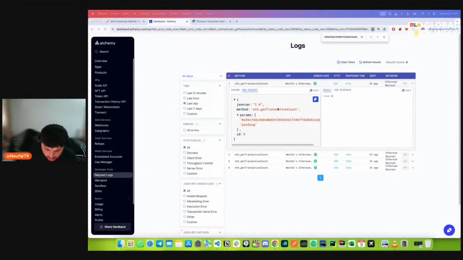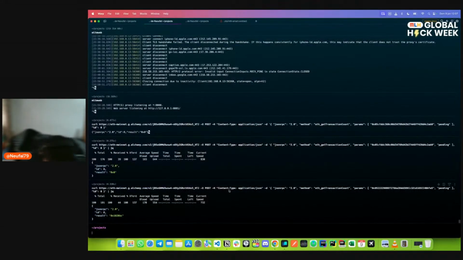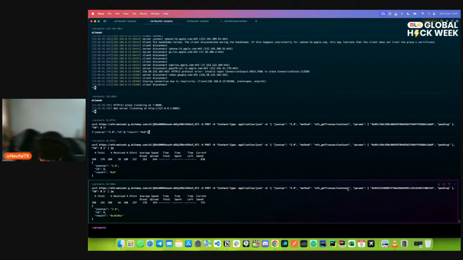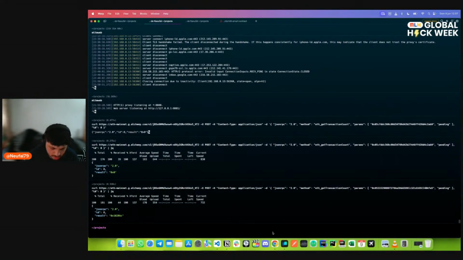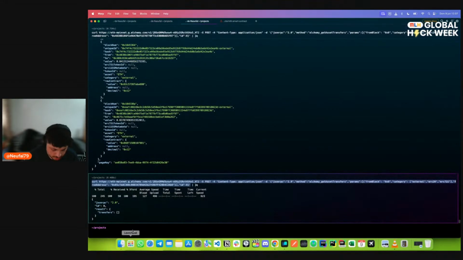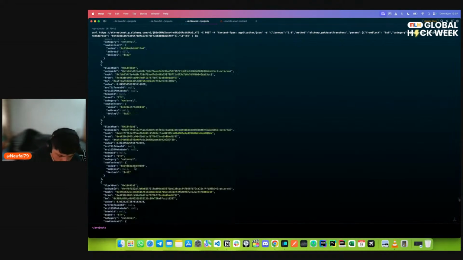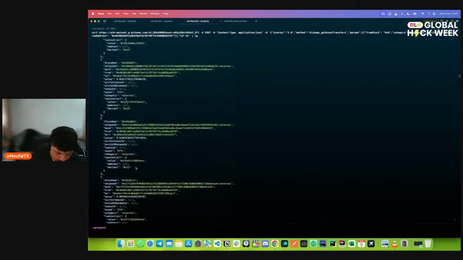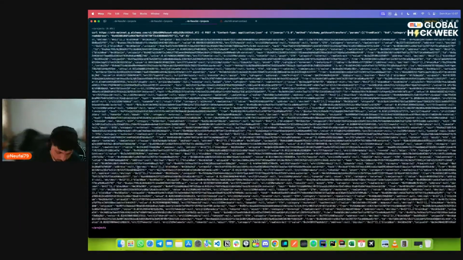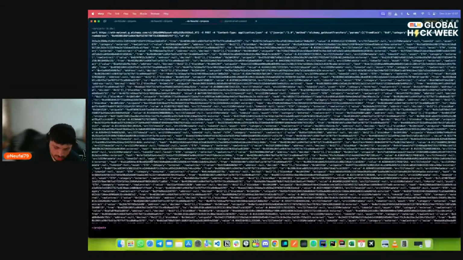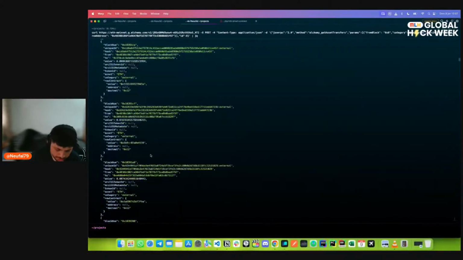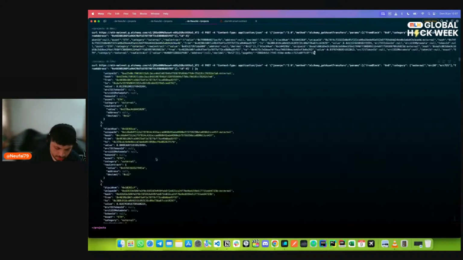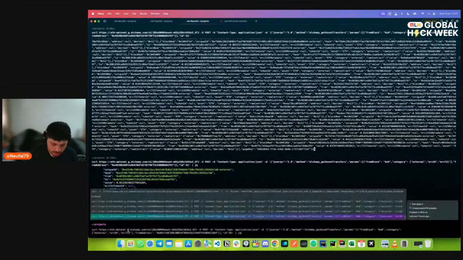Get transactions. ETH get transactions pending. Okay, this one was, let's try to recreate this request here. It's an example. Oops, sorry for that. Okay, let's try, probably because of the ID, I think, because if we change here the